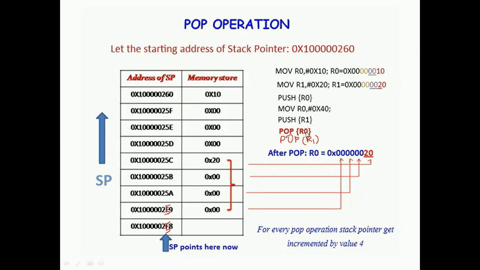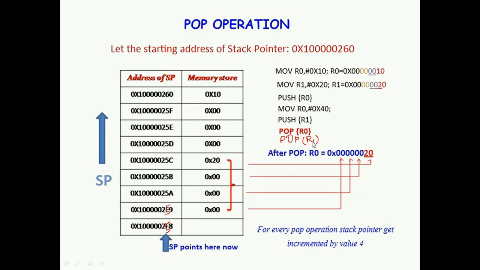So after pop on R0, the recently entered data of R1 onto the stack memory is restored into R0. Now register content R1 data is present in R0. Now this value is lost, but the original content of the register after the push on R0 is still present in the stack memory. You can perform pop on R1. So what is present in the stack memory? The original content of the register R0.